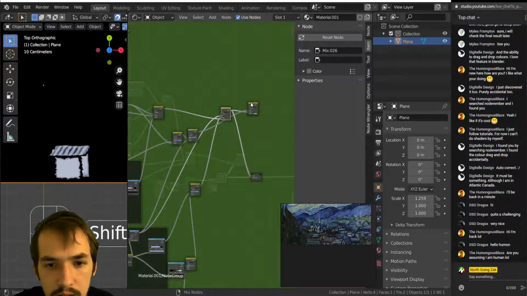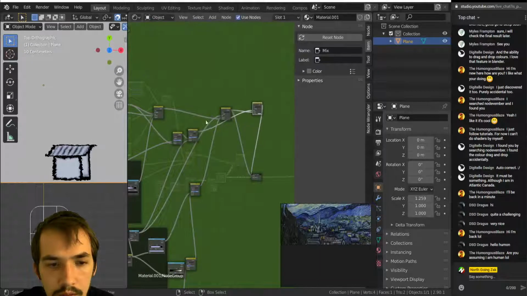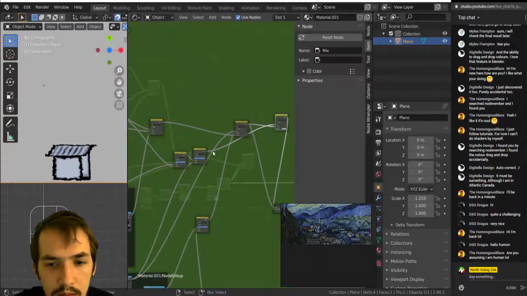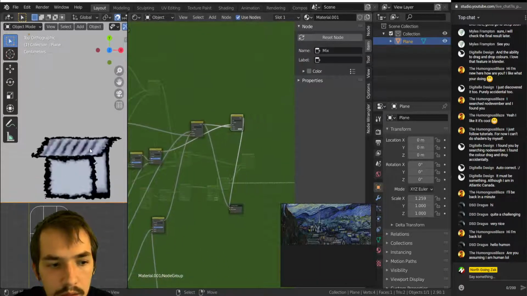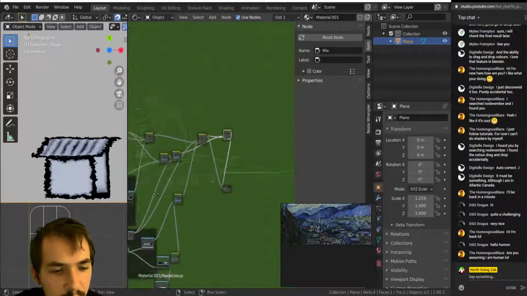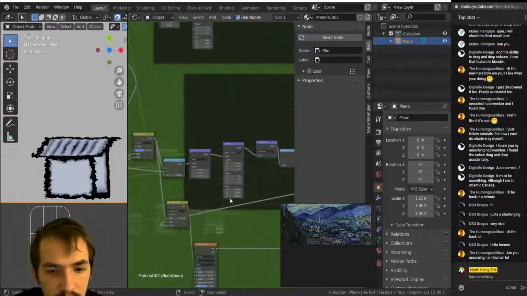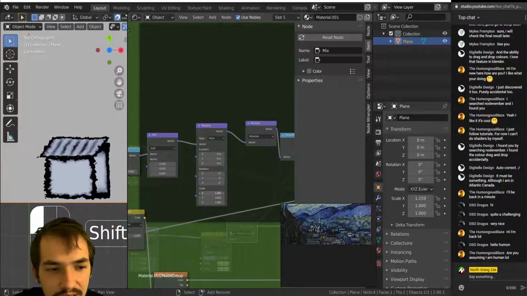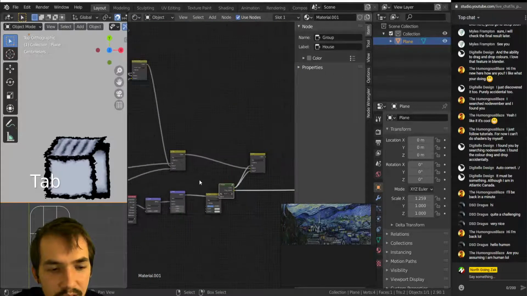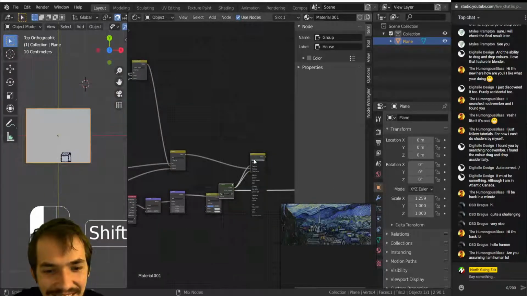So we have this, and then if I use the mask, yeah, we have the house. The roof's a bit wide. Let's fix that. And then let's repeat the houses and then just call it. So we have a house, Whippy, and